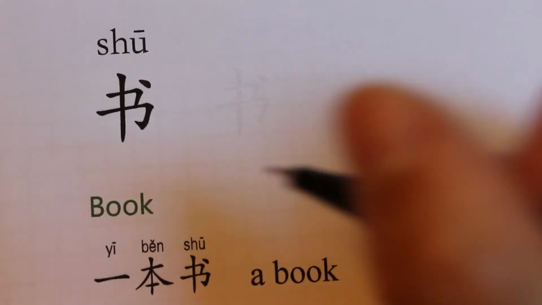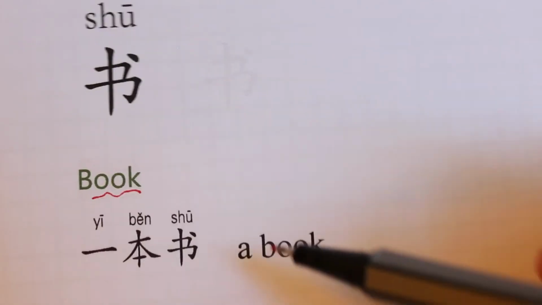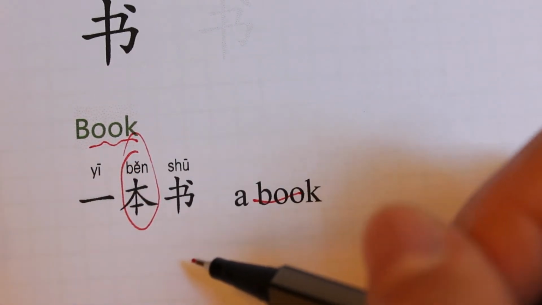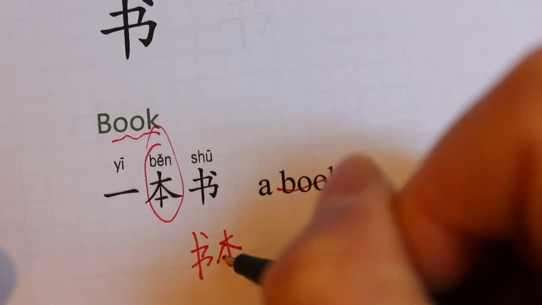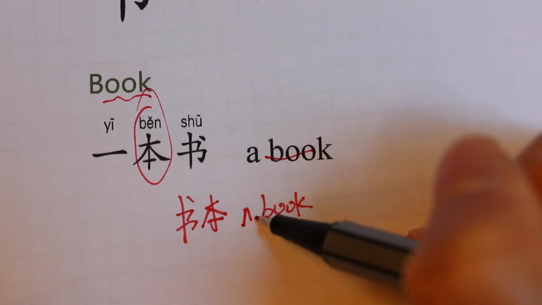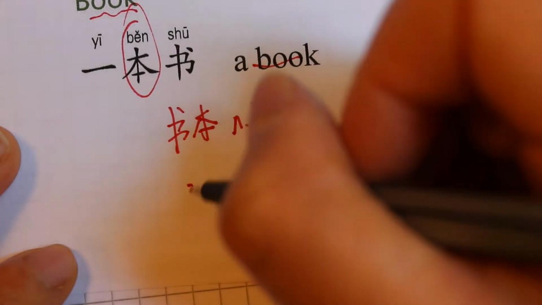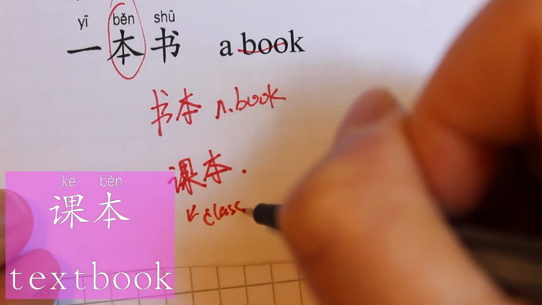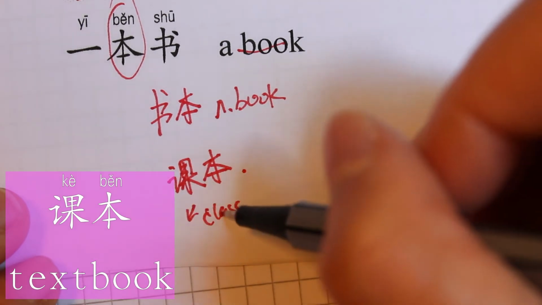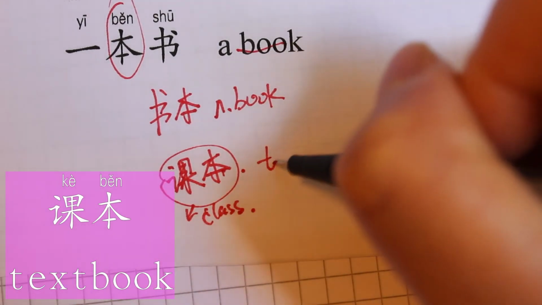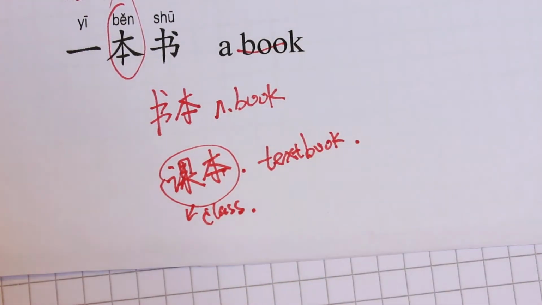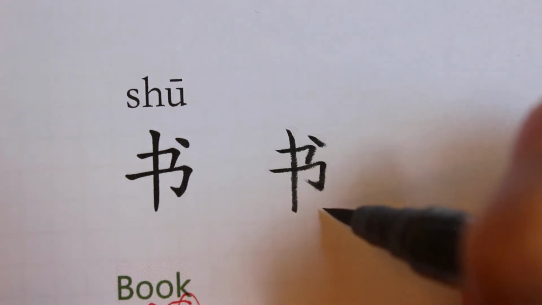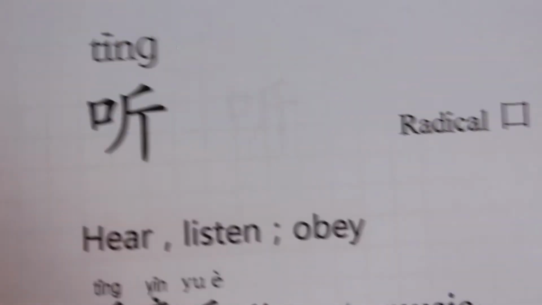有12画。The next one is 书, it means the book. So when we say a book, you should use a measure word here, 本, 一本书, and sometimes 书本 also means the book. And 课本, you may know that 课本 means the textbook. 课 means the class, the lecture. So the lecture's book is exactly the textbook. 一、二、三、四。So 书 has 4 strokes. 有4画。And the next one is 听